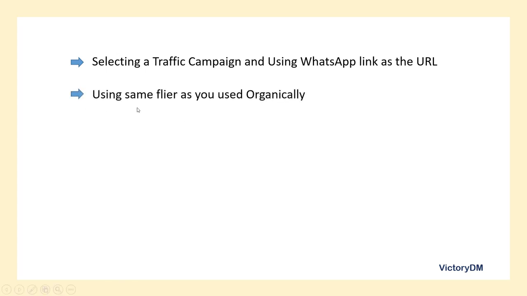Using the same flyer as you use organically. So many persons have said, okay, I've been advertising organically and I want to try paid ads this time around, right? So the same flyer you use that contains 1,000 texts on the flyer, you just want to start using that for ads on Facebook and Instagram. But the thing is that the psychology, the way people reason when you are using paid ads is different from when you are advertising organically, like maybe on your status or to your friends, right? So you need to understand how you should design your pictures or videos to use for paid ads. So one thing you shouldn't do is to use the same flyer that you use organically.